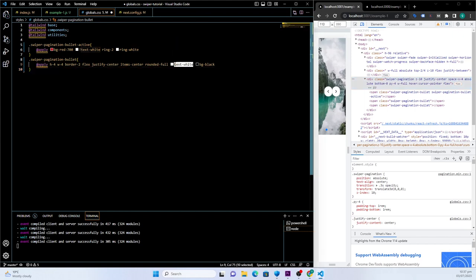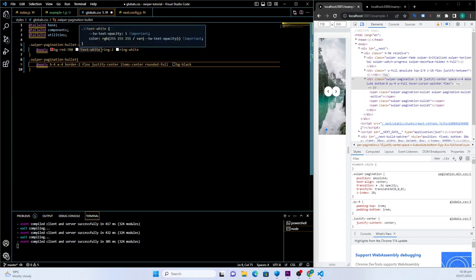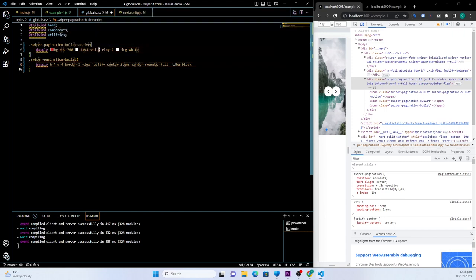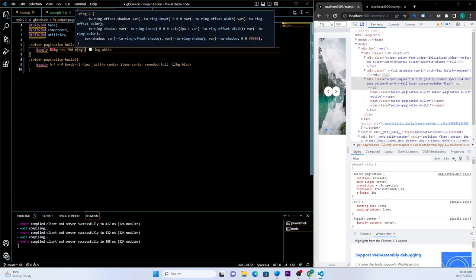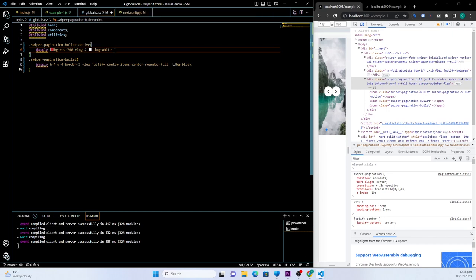I can remove it since I think I'm not going to need it. But I've added a background of black. So now for the active pagination, what I've done is I've added bg-lead, a text white, but now you can see that the text white is given an important class. Since we are not going to have any text inside it, I'm also going to remove this. I've added a link of 2, and then the link should be white, just to make it more visible as the active